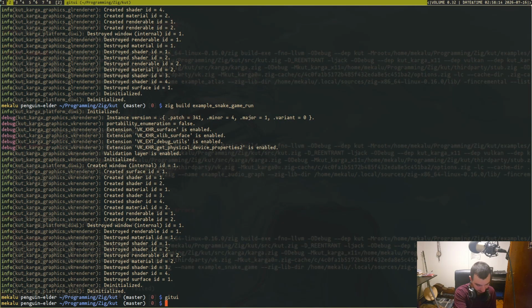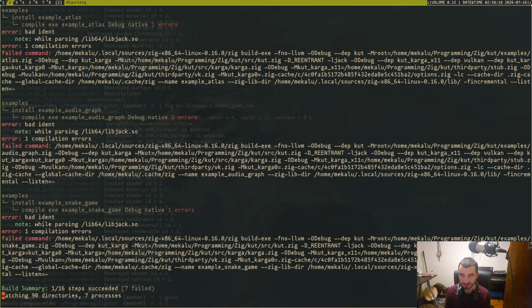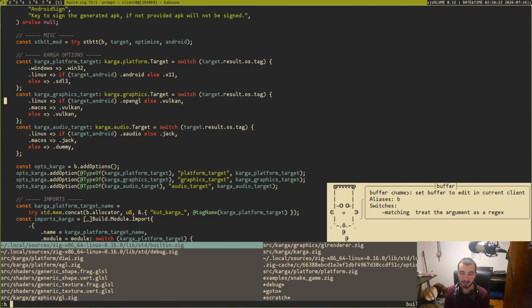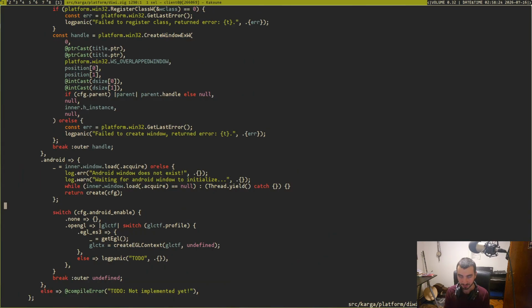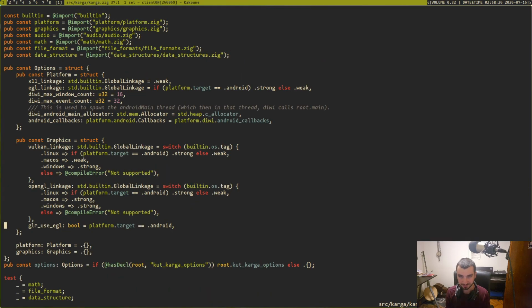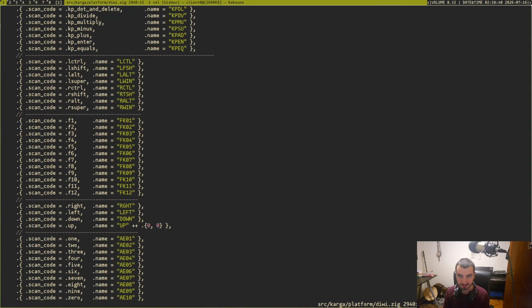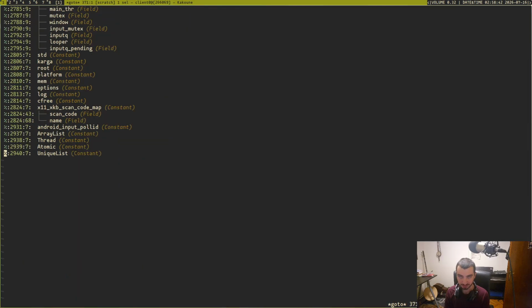Okay. I need to do something. The most important thing in the current thing now, Divi, is the fact that we don't have a ring buffer for events. We are just using an array list and it crashes. It does crash. But before that, I need to remove the